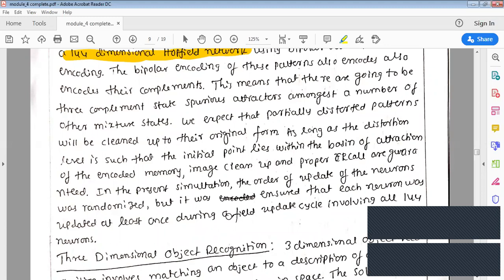But one thing is, if you train for aeroplane, it will look for the pattern of the aeroplane only. You should not give the pattern of a ship. That it cannot do. So for each pattern, you have to train the neural network. If you train for each pattern, the network will be able to understand, and if the pattern is scattered, it is able to complete the pattern. That is the whole idea behind this Hopfield network.